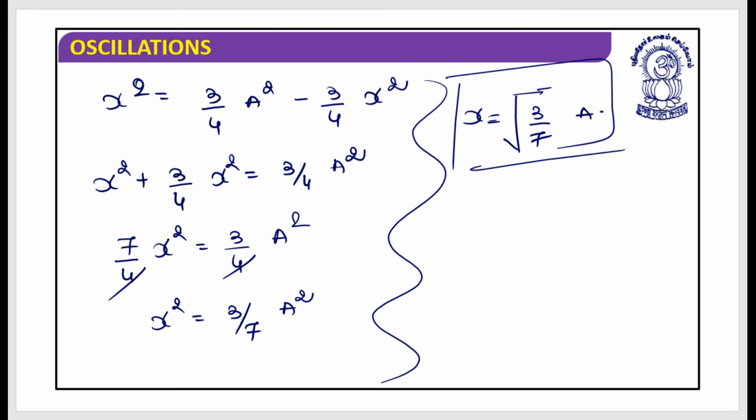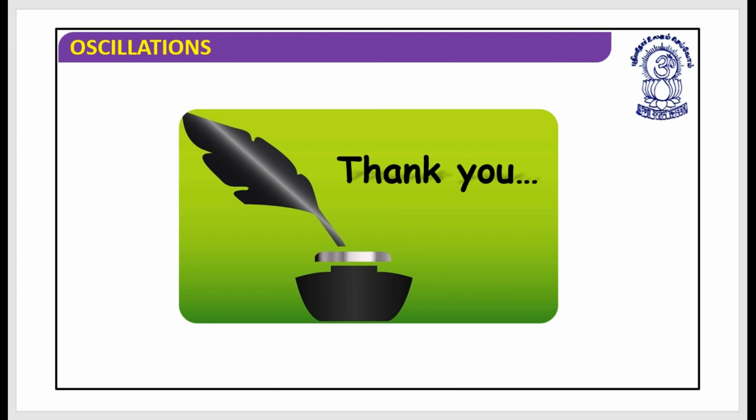I hope this is clear. Do you understand everything? Any doubts up till now? Is there anything? No? So let's wind up the session over here. This was about the potential energy, kinetic energy, and total energy for a particle performing simple harmonic motion. Please go through this very carefully. Do as many questions as possible, because only practice of the questions can help us.